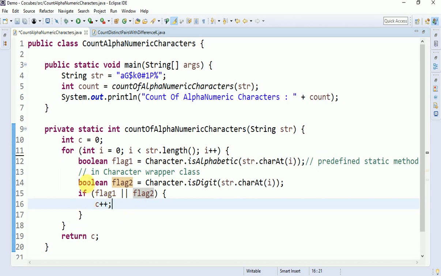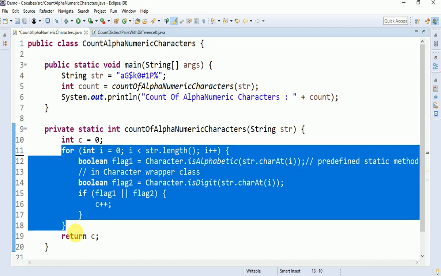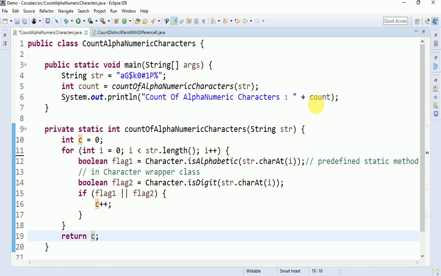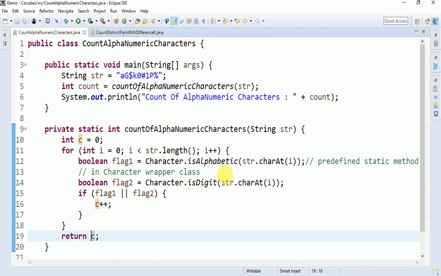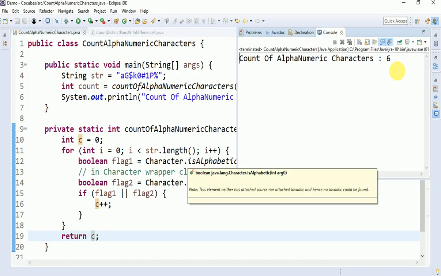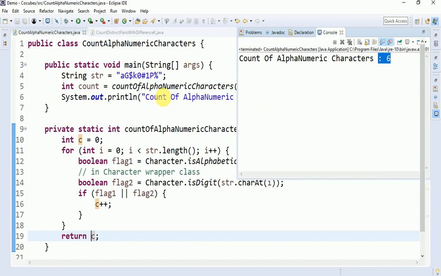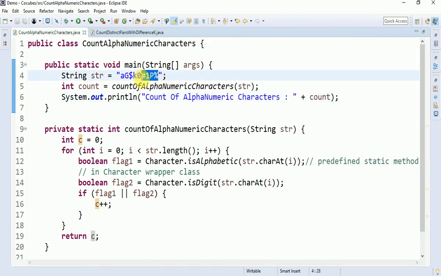Until this for loop stops, and after finishing it, you get the final count. So finally I'm returning it and printing it over here. Let's run and check. So in total you got 6 alphanumeric characters. Fine. Let me check for other inputs also.